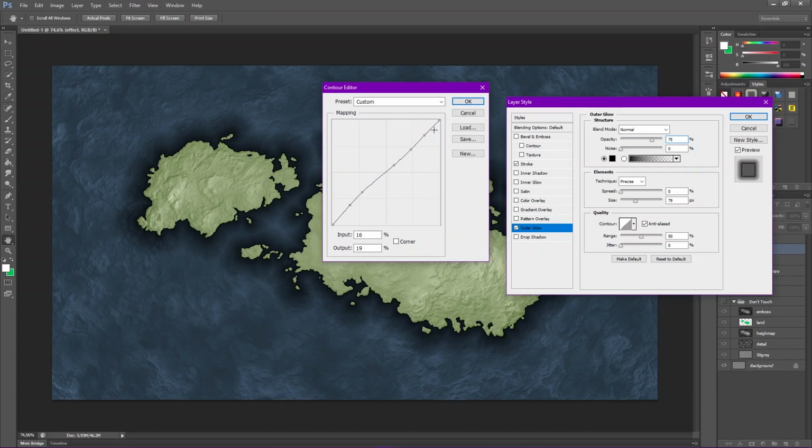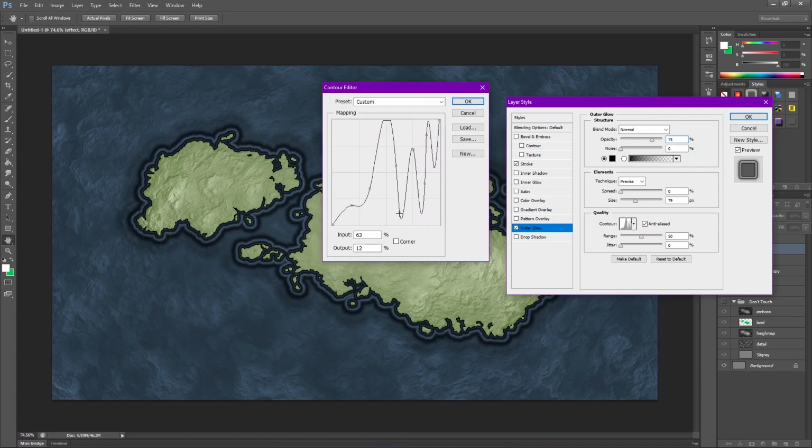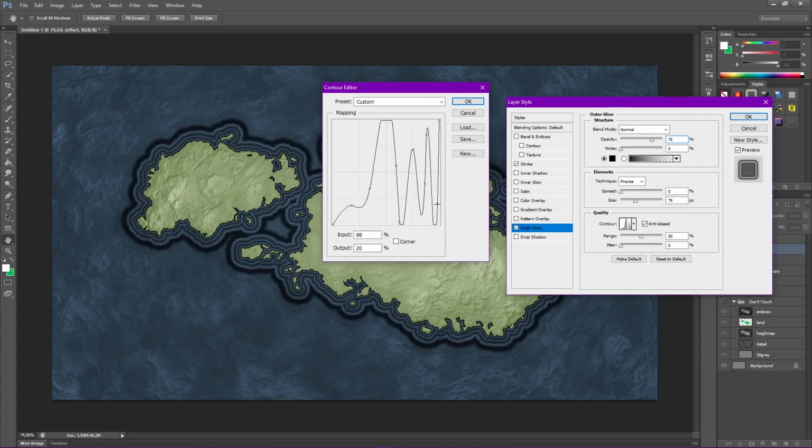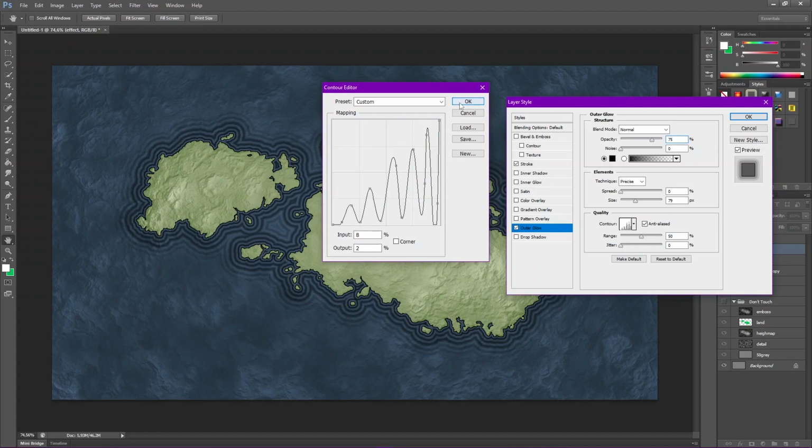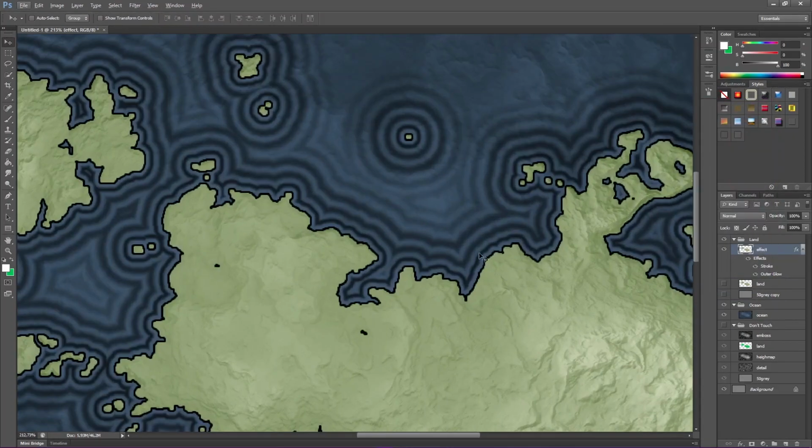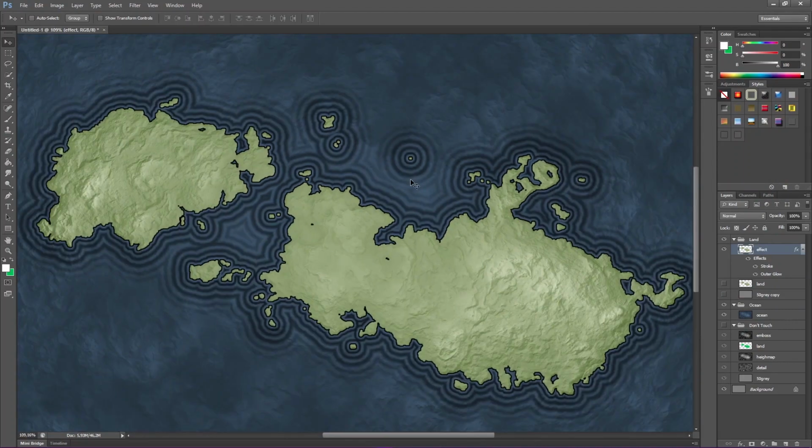The reason is I don't want anything to really go above this line into this space here. I want the areas closest to my coast to be dark, and I want the areas furthest away from my coast to be practically invisible. So what I'm actually going to do is pull all of these dots just a little bit down. And I'm going to pull the in-between bits down and away to basically make them invisible. And what this is going to do is give you this lovely effect. It almost looks like ripples.